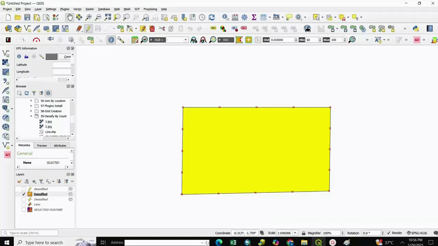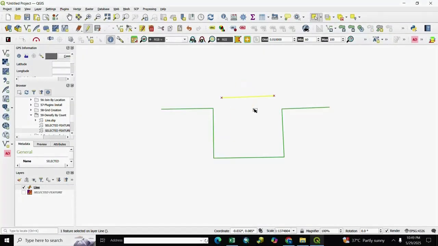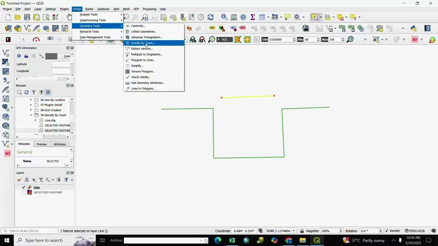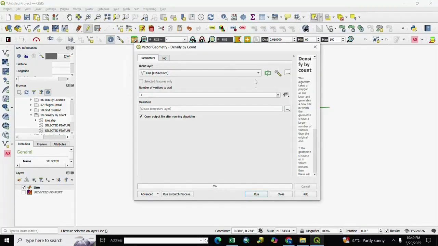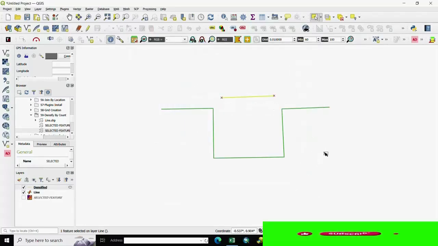So let's start. Here is a line, a single line, and here is another line. So if you want to densify by count, we select it and go to Vector, Geometry Tool, and select Densify by Count, and we select the line, selected features only. We write here 3 as the number of vertices, and run and close it, and you see